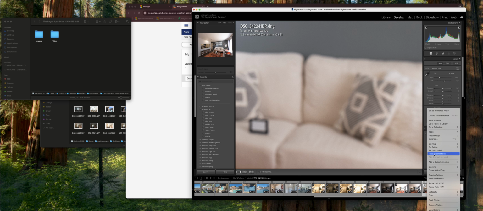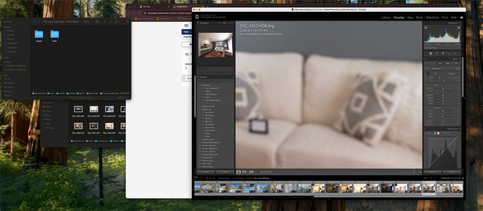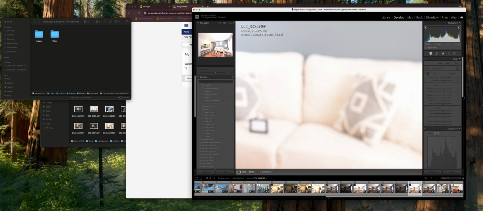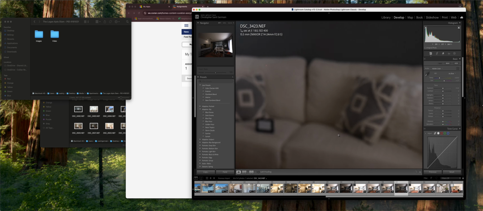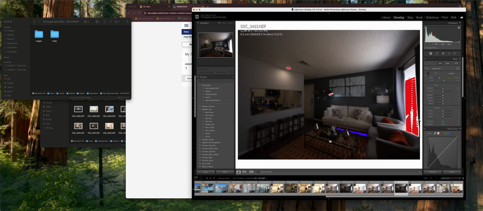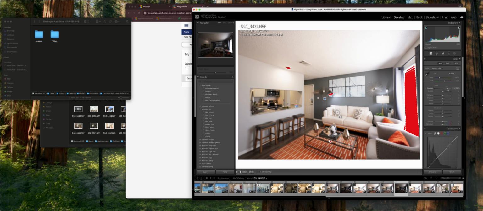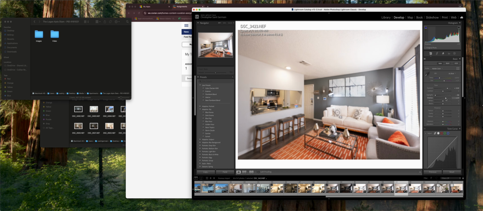And stacking, unstack. 1, 2, 3. Well, if we had one frame that had come out, we could probably pull enough out of it, bringing down the highlights, bringing out the shadows, that we could save the image. But in this case, we cannot save these images,